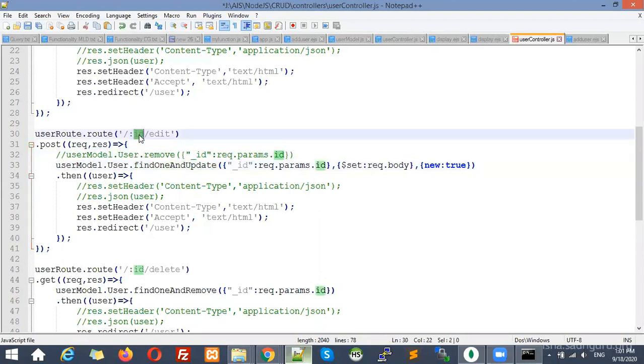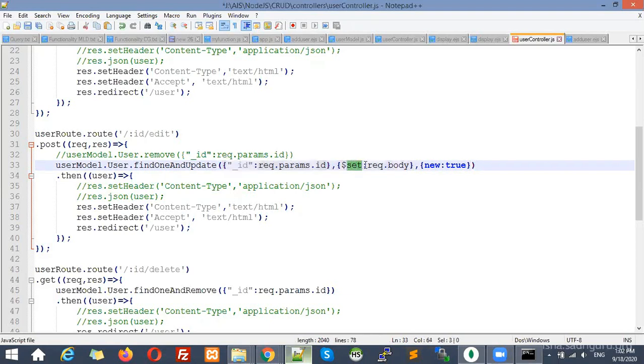And we know that for this ID we will get only one record. That's why we have used this method, findOneAndUpdate. So find one record and update it. Which record? The one whose ID is this one, the same ID that is passed here, that means request.params.id. And what do we need to set? Whatever we have passed through the body, request.body. Whatever we are getting, that we are going to set. Right? So this is something like an update query. This is how an update query works in MongoDB. If you want to run an update query in MongoDB, you will write something like this.